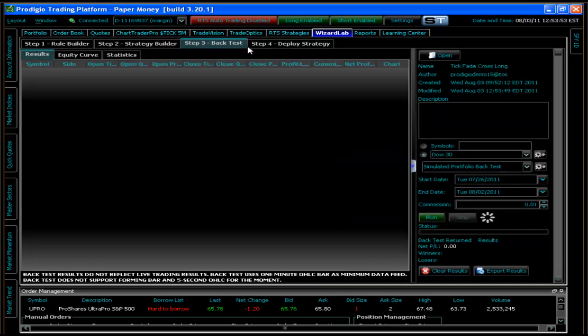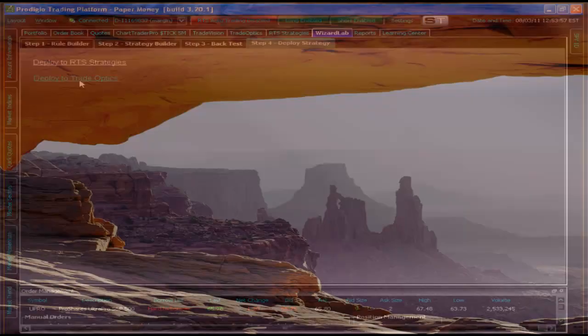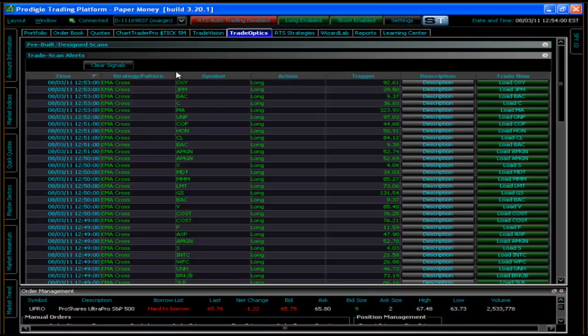And step 3 in Wizard Lab is backtesting. Step 4 is deployment. You can deploy this to RTS trading or to trade optics. And so here's trade optics. Now this is scanning some things right now. So I'm actually going to